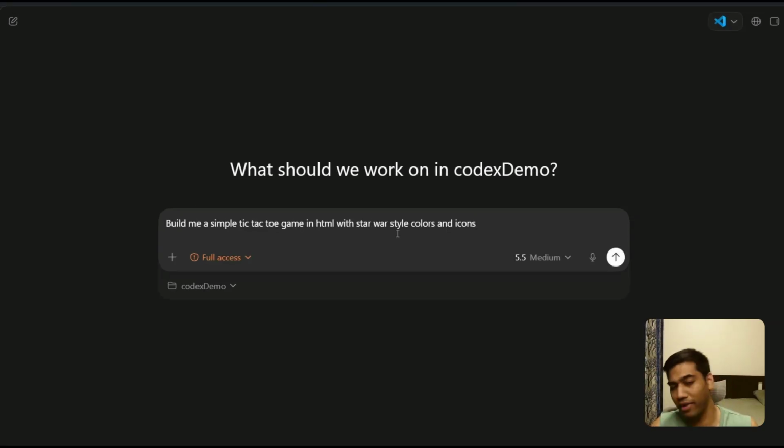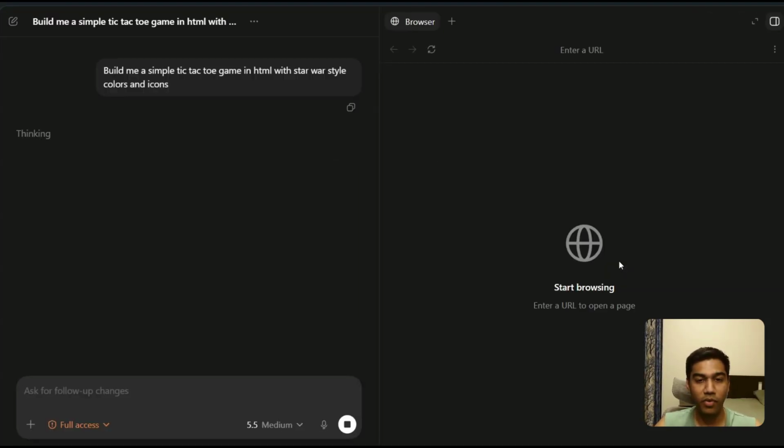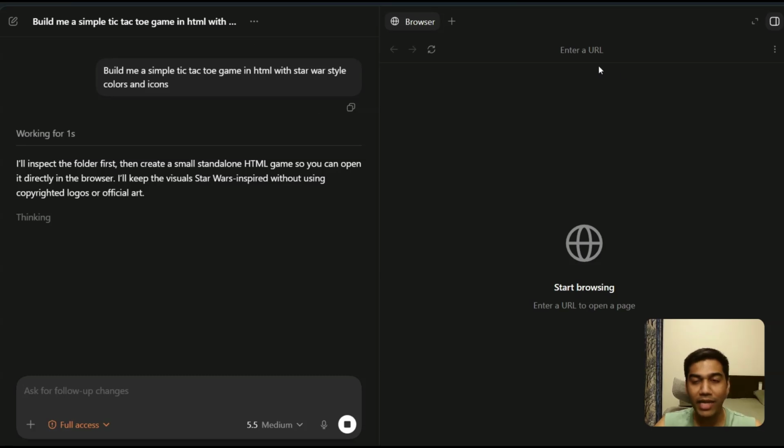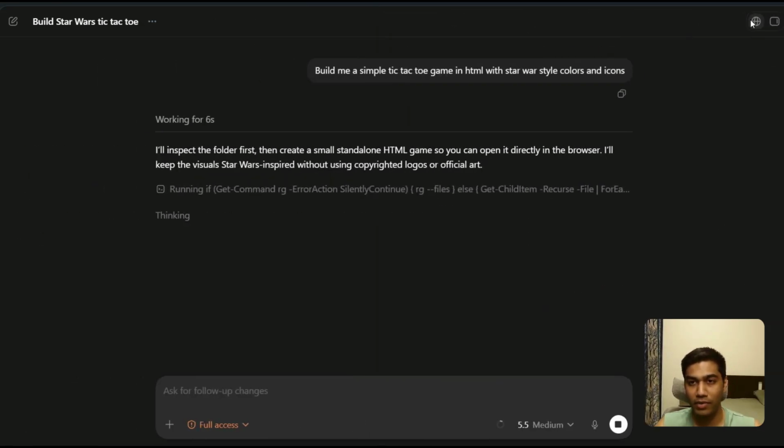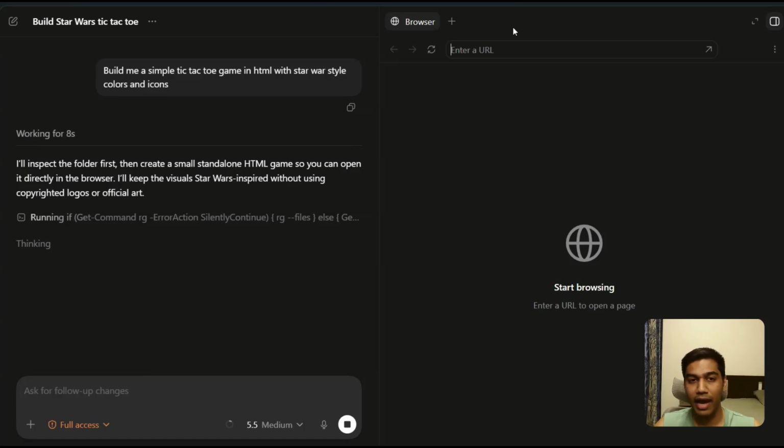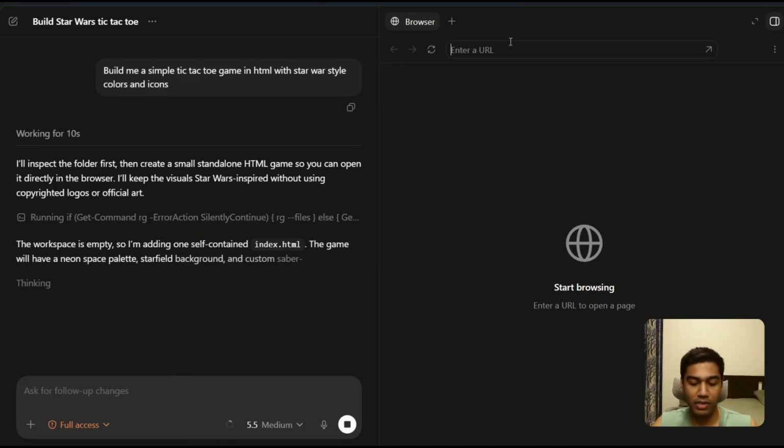I'm going to start with my favorite and the simplest option here. Build me a tic-tac-toe game in HTML with Star Wars style colors and icons. I'm going to press enter, and now you can see it's going to start building that. It also shows up an option for a browser, and let me show that to you. You can see here on the right hand side it has an inbuilt browser, which means that I can just say